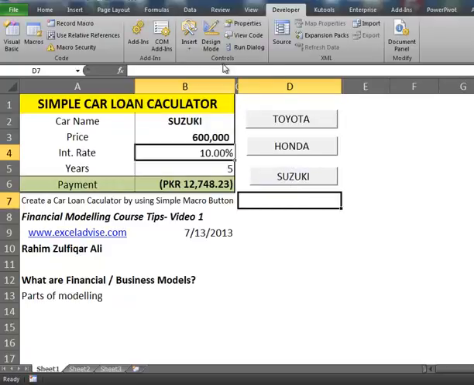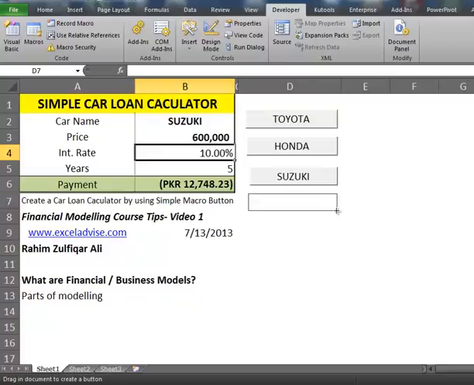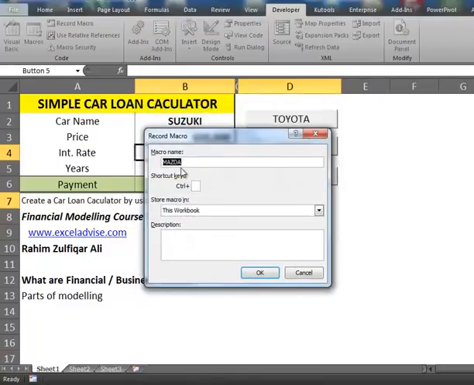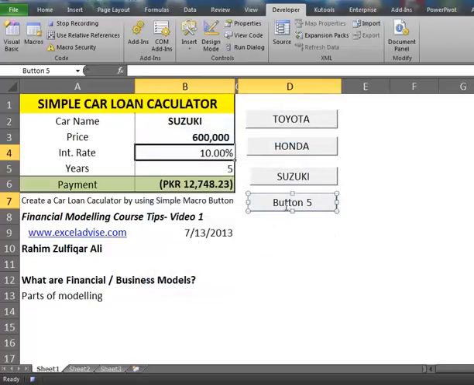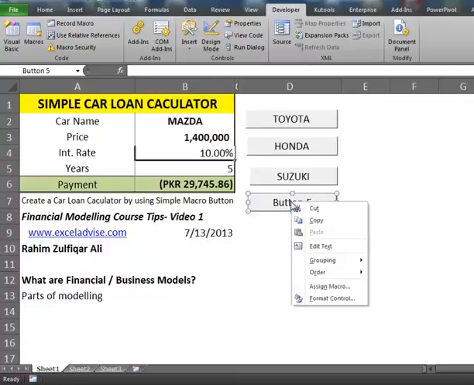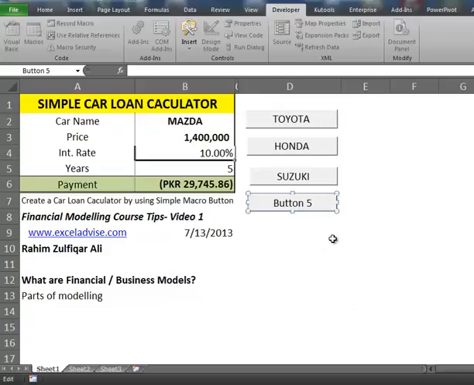Now the last one: Insert, Form Controls, button. The macro name will be Mazda. Click on Record, OK, and now instead of Suzuki write Mazda, and the price for Mazda is 1.4 million. Stop this macro, right click on Button 5, go to Edit Text and rename it Mazda.